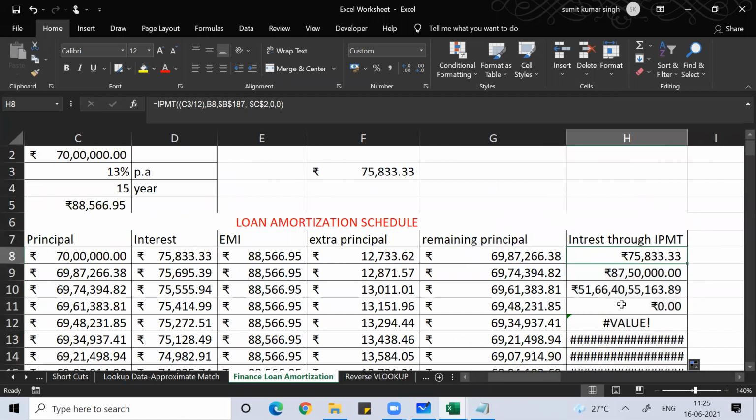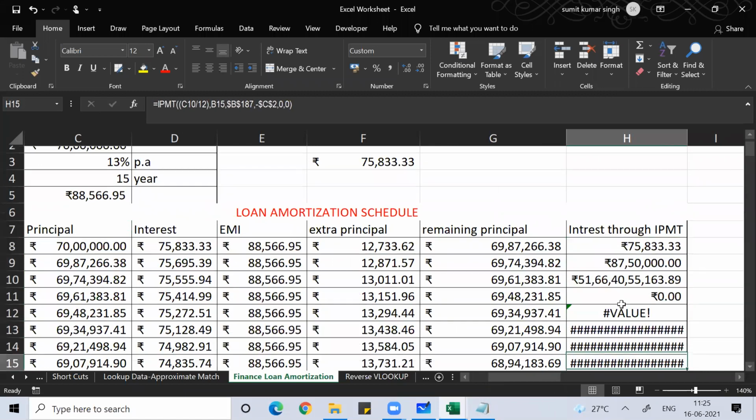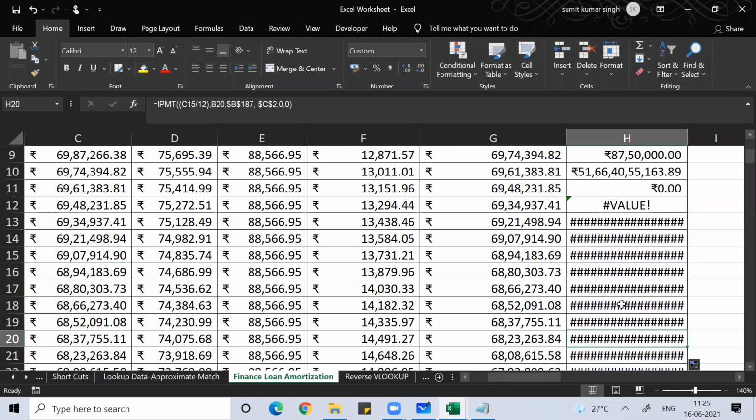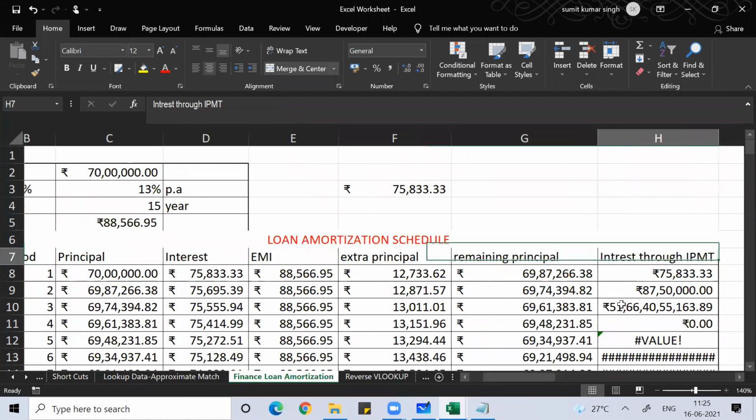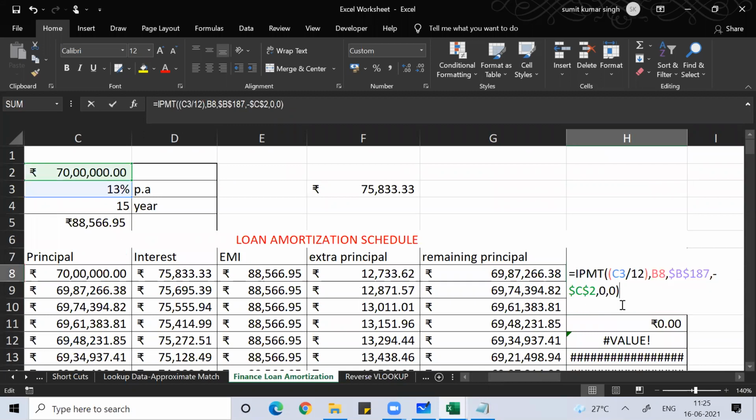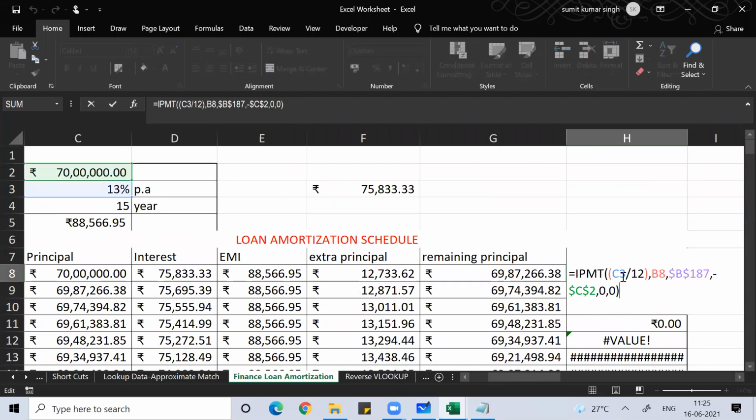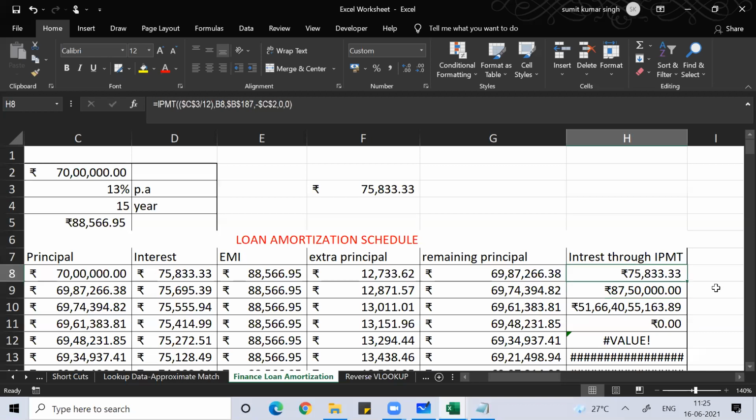So now see, this error has come. Why did that error come? Because we have done something which we need to check. So press F2, investigate. This cell is to be fixed. Press F4. That is the reason I purposefully kept it like that. The cell to be fixed is the rate of interest cell.